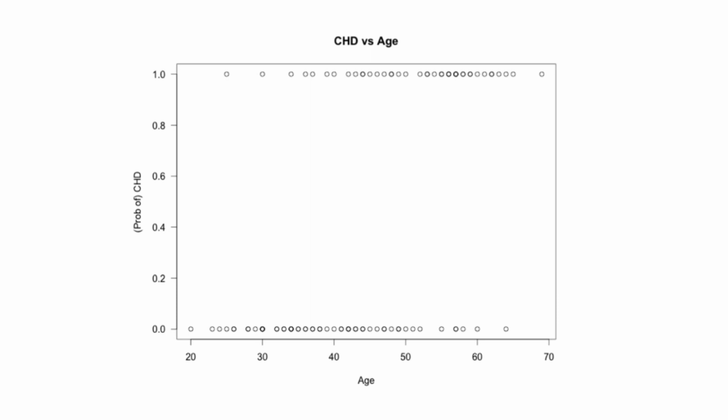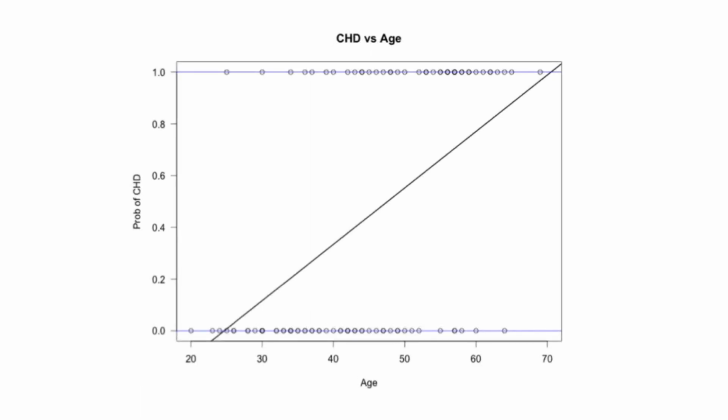The first issue is that if we fit a line to this data, the line could go above 1 or below 0, which doesn't make sense when we're modeling a probability that must be between 0 and 1. So it doesn't make sense to have a 120% probability or a negative 10% probability of an outcome, but these are values that we could possibly get when we try to fit a line to model the probability of an